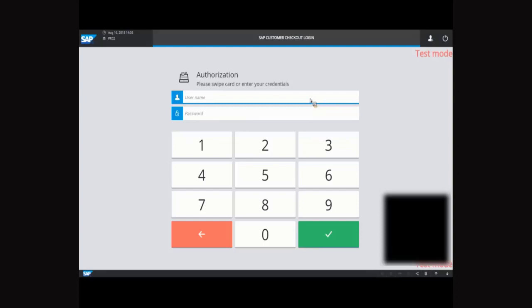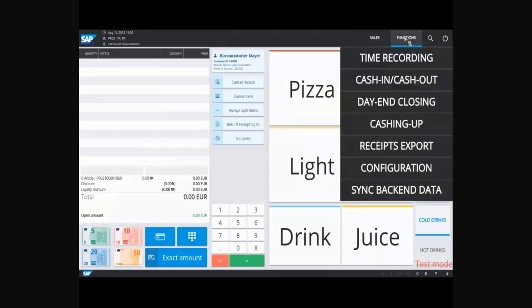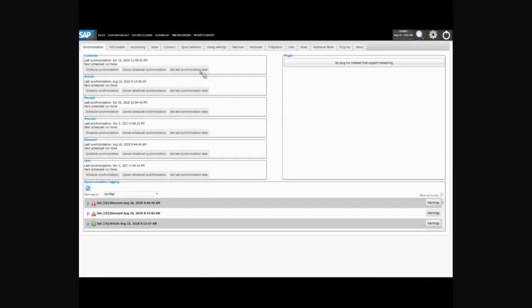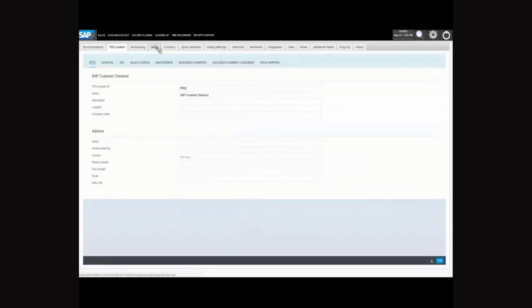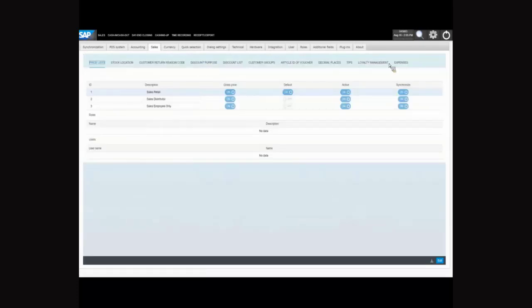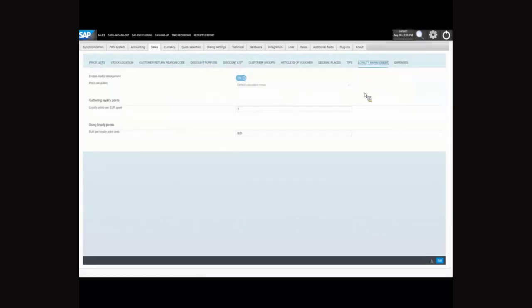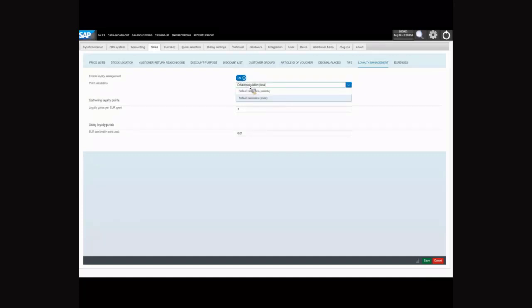First of all, you have to log in to Customer Checkout. Then you go into the configuration section of SAP Customer Checkout. You go into the area of sales, and there you will find a subsection for loyalty management. Here the first thing you have to do is enable the loyalty management. So you set it to on, and then you can select if the point calculation shall be